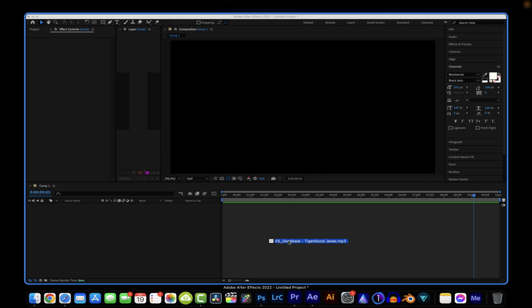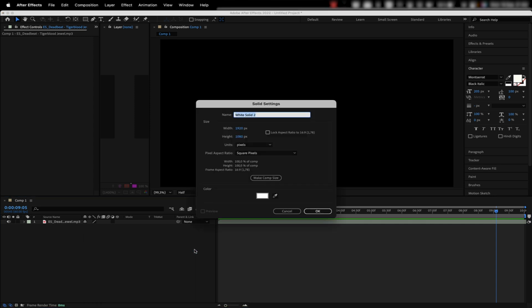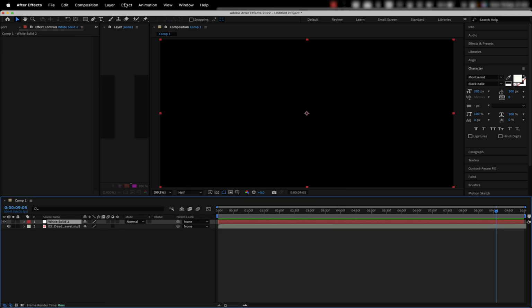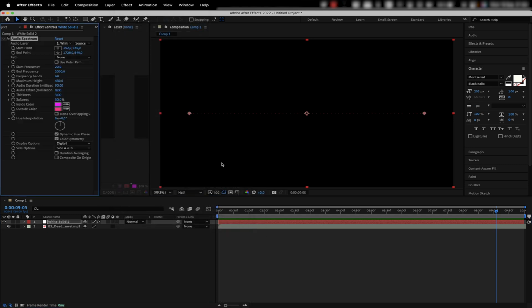This last one is an effect I love. It's very simple to apply and it will make you look like you really know what you're doing in After Effects. It's basically this. For this, all you'll have to do is import your audio file, create a new solid, and then go under Effects, Generate, Audio Wave Spectrum. And from here on, I suggest get curious and see what all those settings on the left do to your